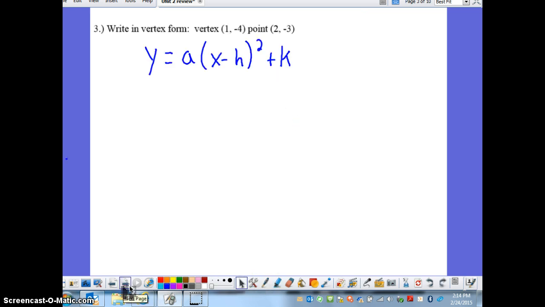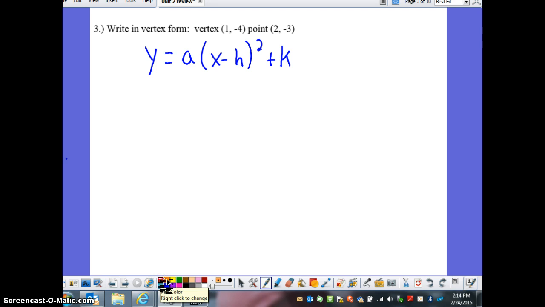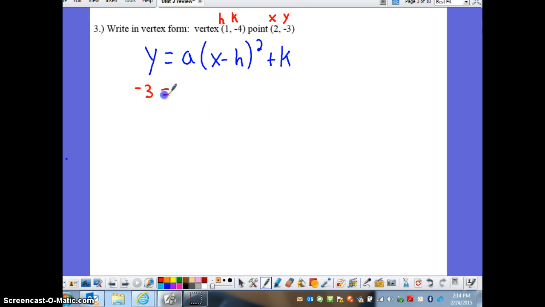All right, last one, number 3, write the equation in vertex form. So I have vertex form already written there. So for this, we're going to have to fill in the points that they give us. The vertex, this (1, -4) is h and k. The point (2, -3) is the x and the y. So the y is -3. I'm going to be solving for the a. The x is